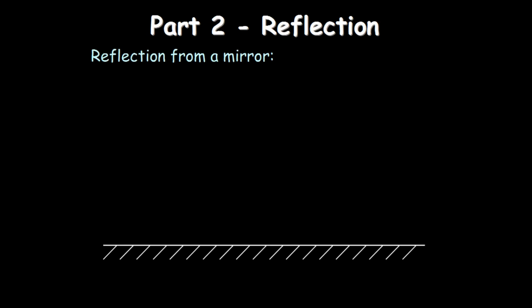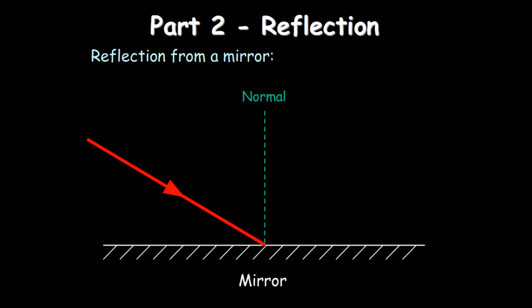Now there is part 2, reflection of light. Now we are going to understand the phenomenon of reflection of light, and in this picture a mirror is shown. The kind of mirror is a plane mirror, and if we strike a light ray on it, this line is known as the normal. This is not a physical line, it's an imaginary line which is perpendicular, at 90 degrees, to the surface of the mirror. This line is known as the normal.